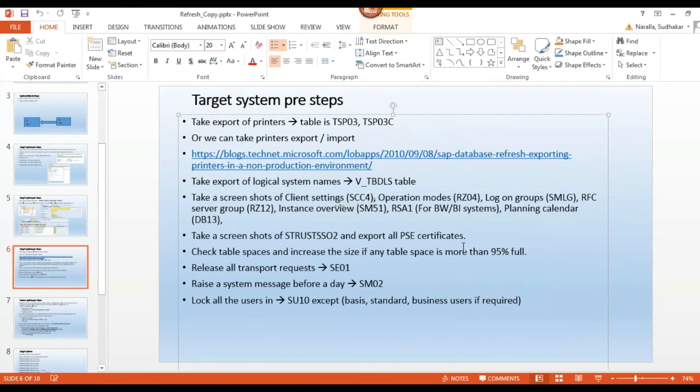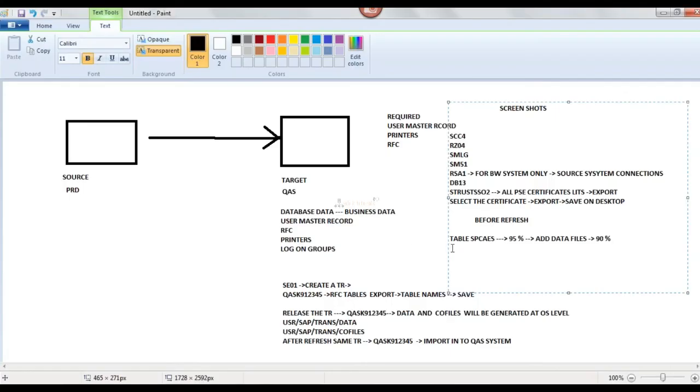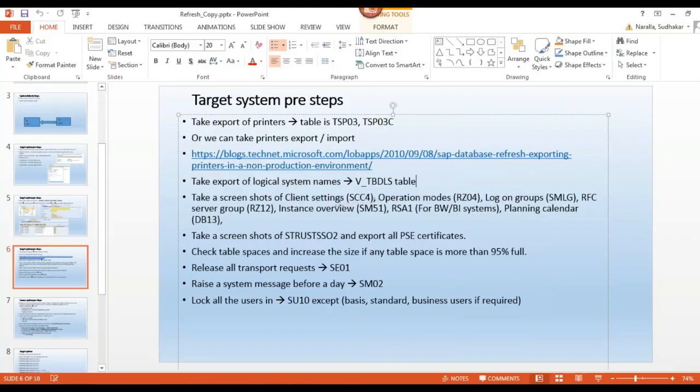And one more pre-step is to release all the transport requests. How can I release the transport requests? Using the SE01 T code. Okay. And second, raise one system message before starting the refresh.